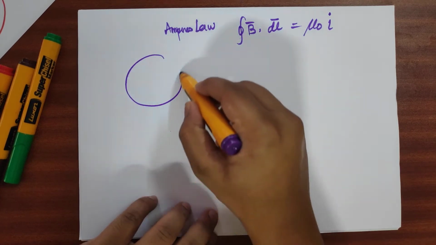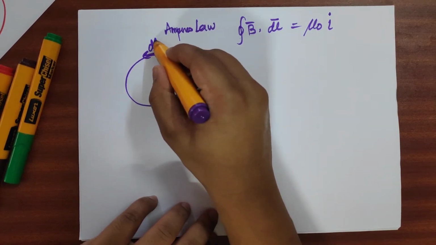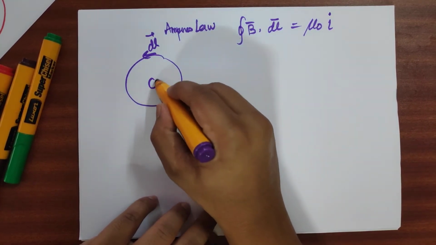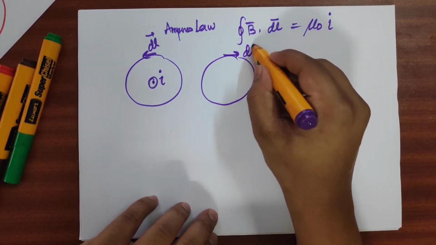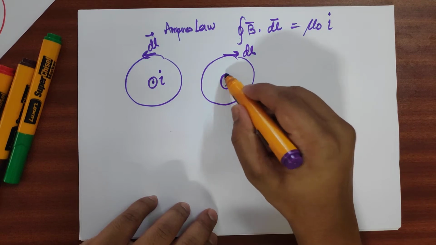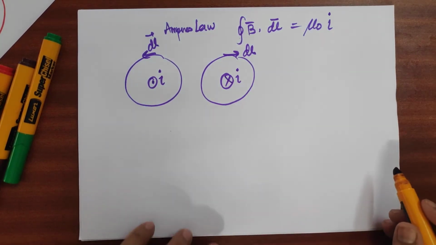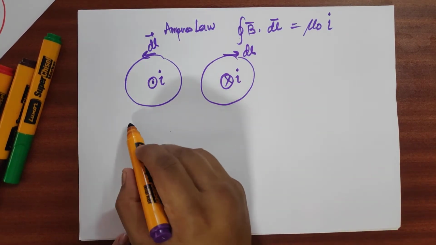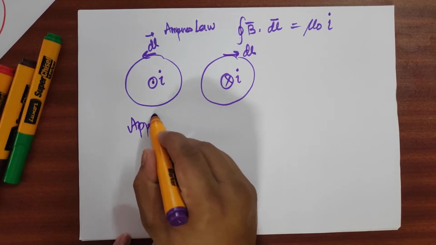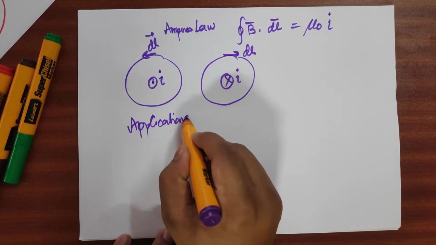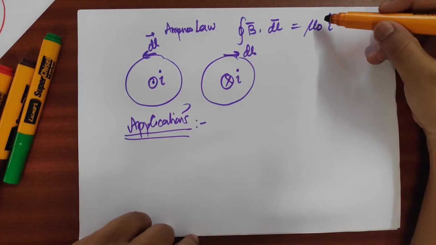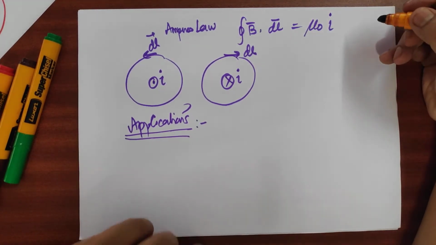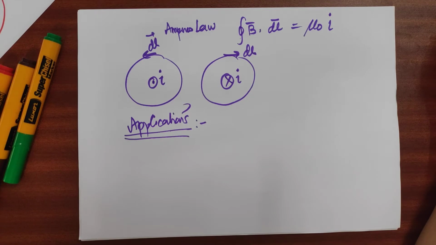And remember that if you take dl this way, then this is the direction of I, and if you take dl this way, then you should take this the direction of I. Okay. Now a few applications. Remember that mu0 is the permeability of free space. Okay, but see, Ampere's law